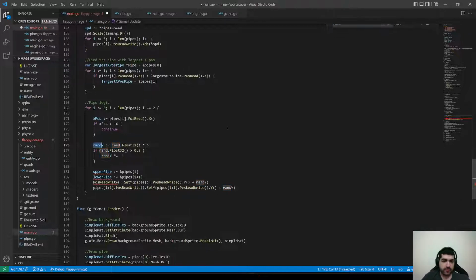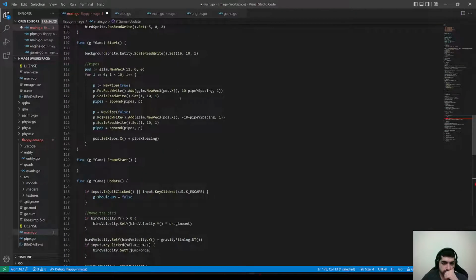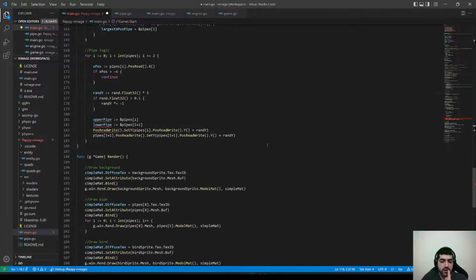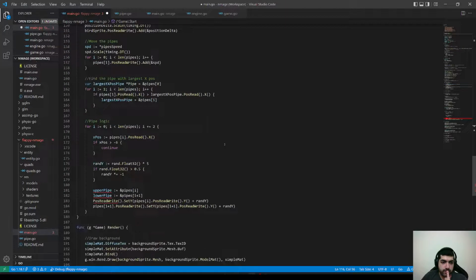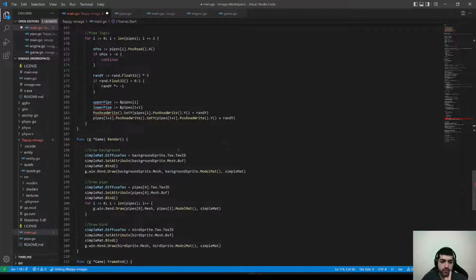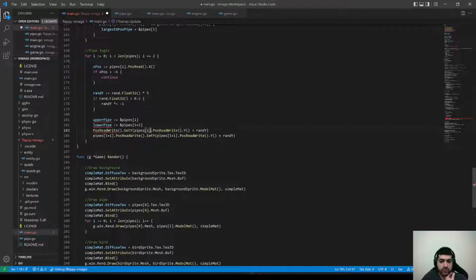Well, whatever it is, this is our Y position. This is the difference. So we have this guy and then a delta to both. So set Y